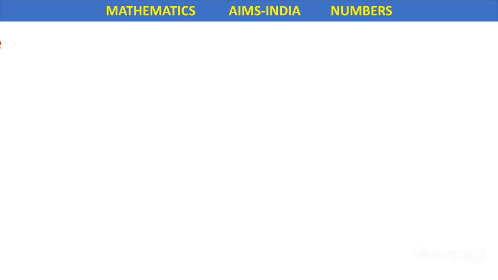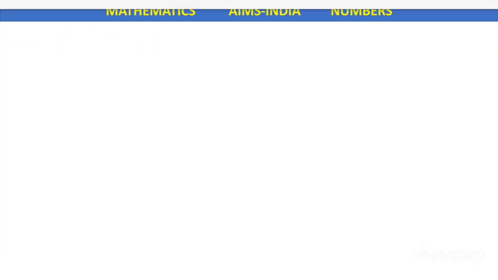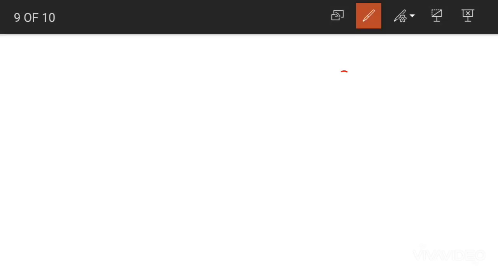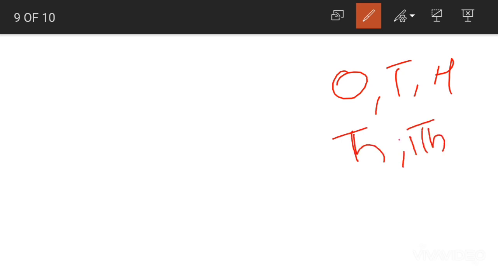What did we learn today? We've learned two new place values, which are 10,000 and lakhs. 10,000 comes on the fifth place from the right side on a place value chart. Lakhs comes on the sixth place from the right side on a place value chart. And then we have learned about periods. Ones period has three place values. What are they? They are ones, tens and hundreds. Thousands period has two place values. They are thousands and 10,000s.